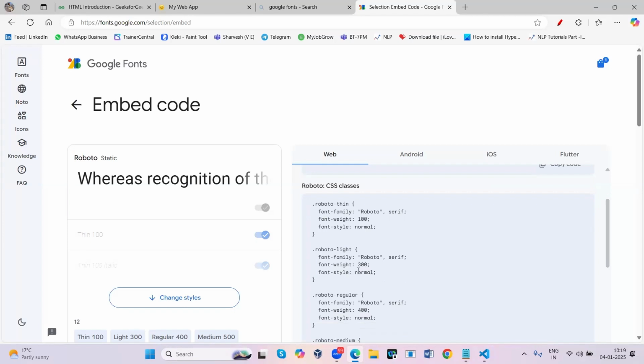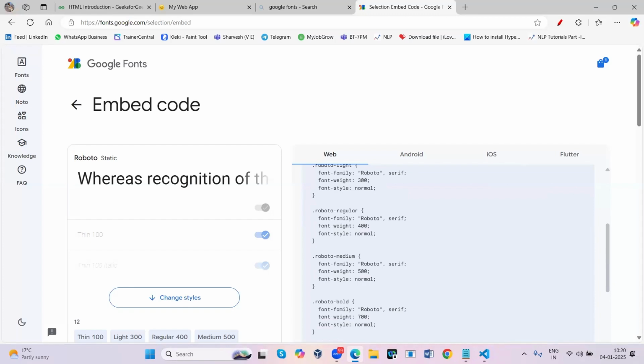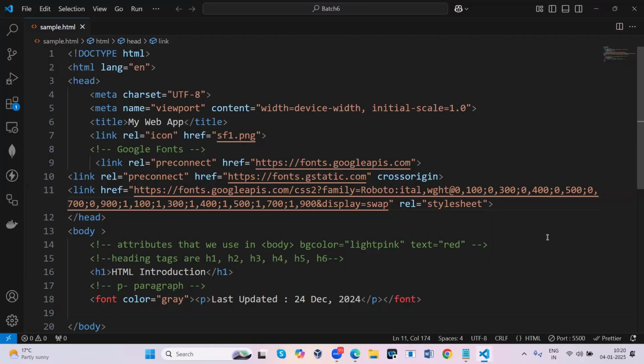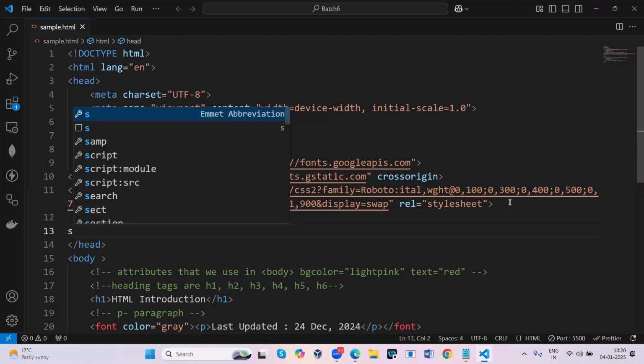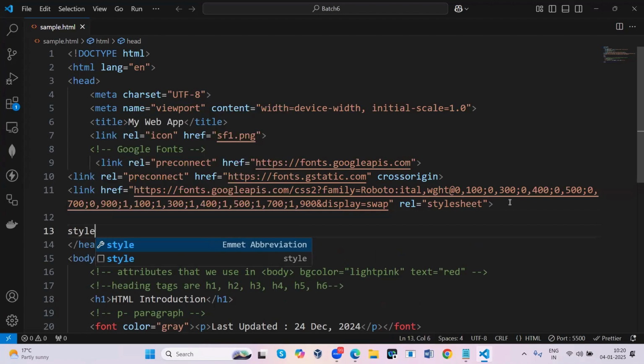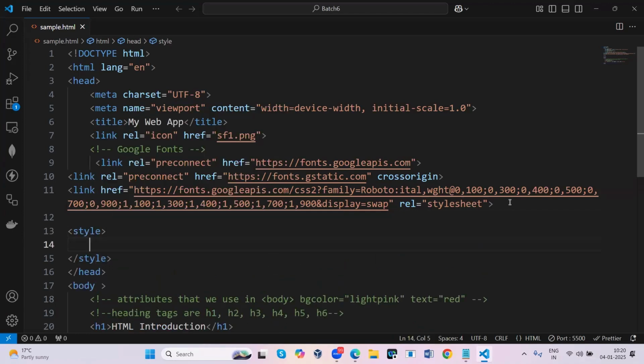I'll simply copy the first one only. You can use the first one, or you can copy the complete thing, but it's not necessary. In this head section only, make use of a tag called the style tag.